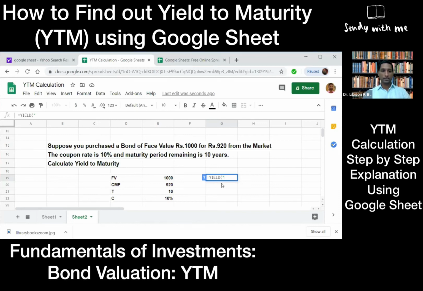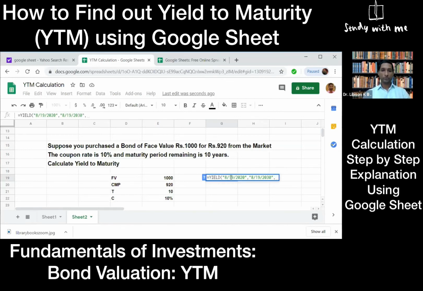So the date is 8/19/2020, comma, maturity period is 10 years. So again, 8/19 August 2030,